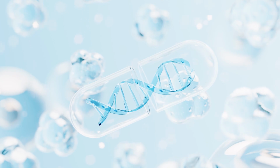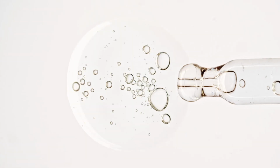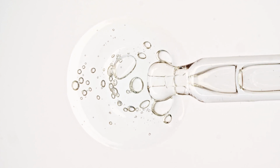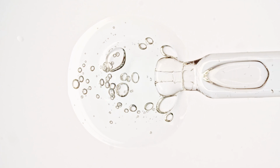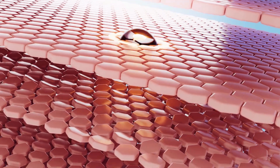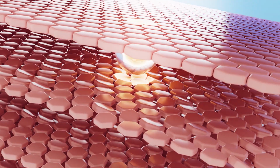in the epidermis. Now, the first skincare ingredient we recommend for you to have in your skincare routine is niacinamide, also known as vitamin B3. Niacinamide is a multitasker skincare ingredient and water-soluble vitamin that is suitable for all skin types and skin conditions. Niacinamide works at both reducing and preventing hyperpigmentation, as it is a tyrosinase inhibitor, ensuring each cell is not holding onto too much pigment. But it also prevents the transfer of pigment from the melanocyte to the keratinocyte within the